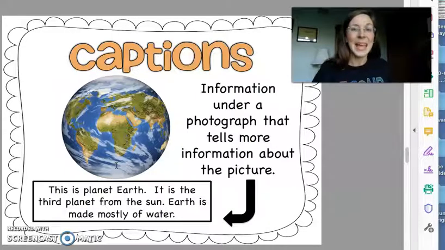time. Now, some illustrations and photographs will have a sentence or two right next to it, and that is called